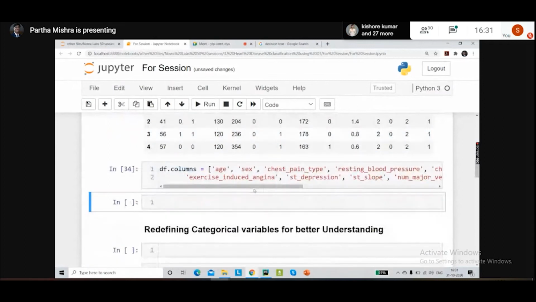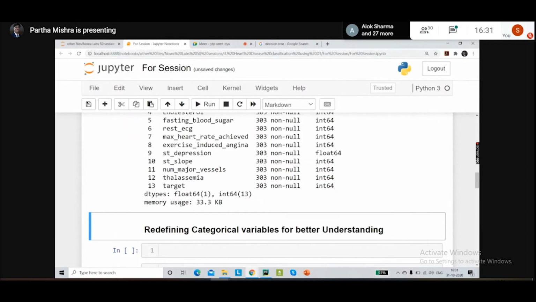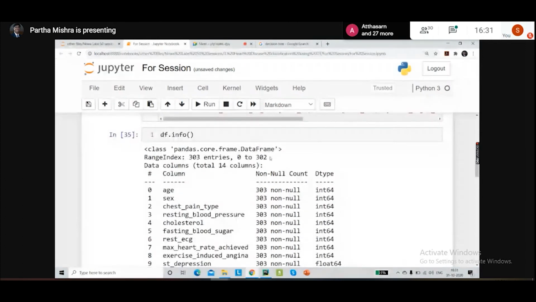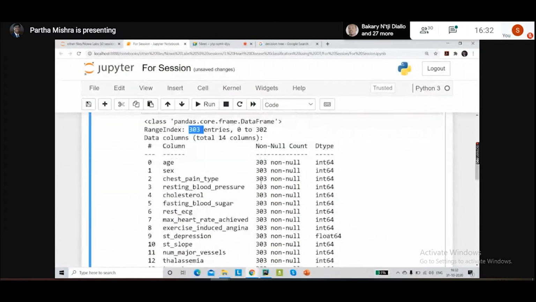Once this is done, the next thing that we will do is let's check the information. So I'm going to call this df.info method and let's check whether or not we have any kind of missing values in this data. Okay, so we know we have about 303 entries and we can see all these columns.